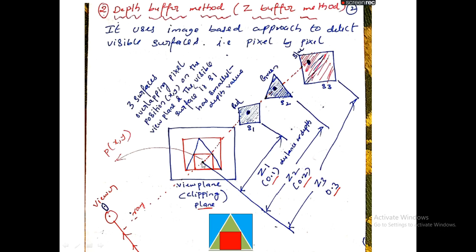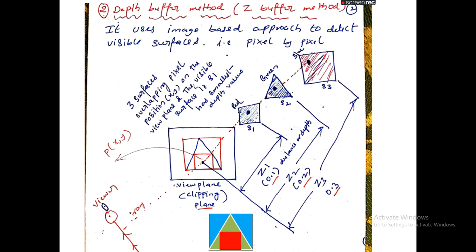When this pixel is shared by all these surfaces, one question comes: for this particular pixel position P of xy, do we need to display red color, green color, or blue color on the screen of the monitor, because the same pixel position is shared by three surfaces? Now, the Z buffer algorithm works by using the depth value or distance value.